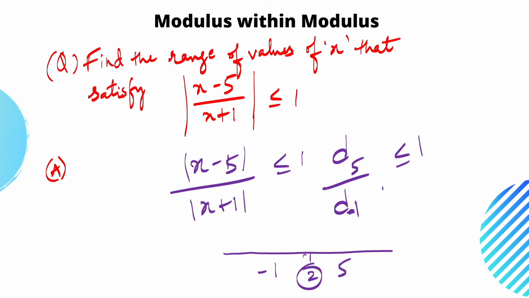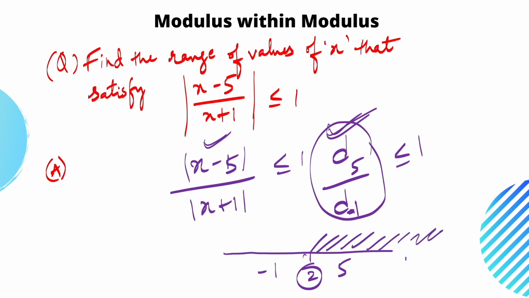But we want less than 1, right? At 2 it is equal to 1. At 2 this inequality is satisfied, but we must also satisfy less than. So what can we do? We can minimize the denominator so that this whole thing will be less than 1. If we want to maximize the numerator, we have to go to this range, from 2 to positive infinity.